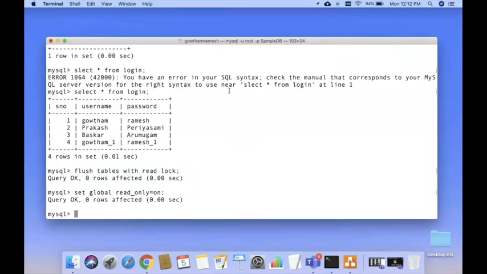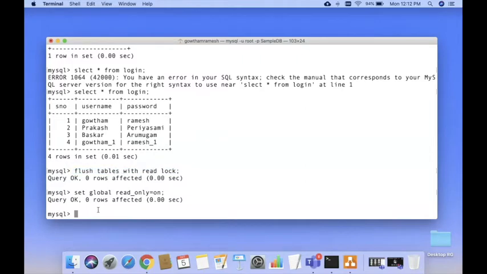So when the slave is read only, it is not 100% shielded from external queries. It is always good practice to set read only on slave servers to prevent any accidental writes by the masters. So these two commands are supposed to be set initially before we take the backup on the remote system.